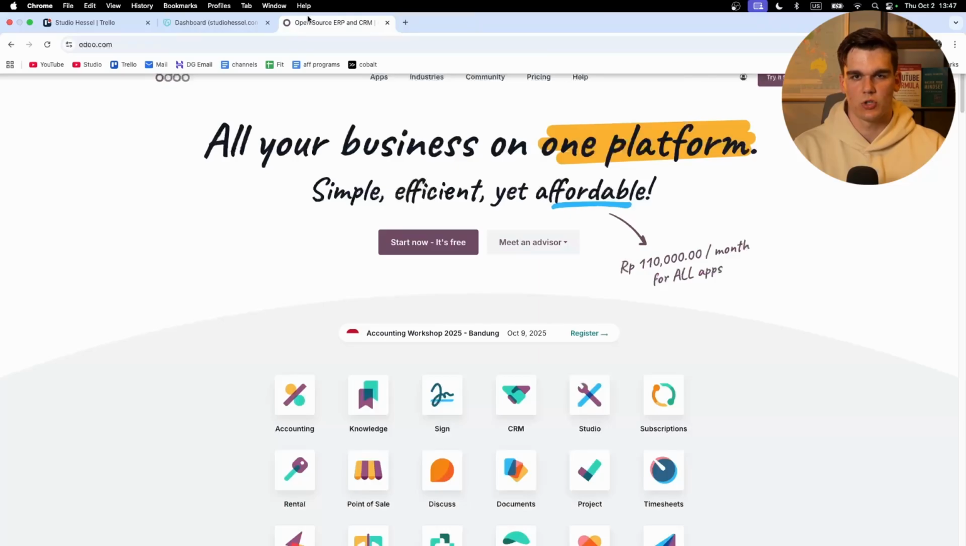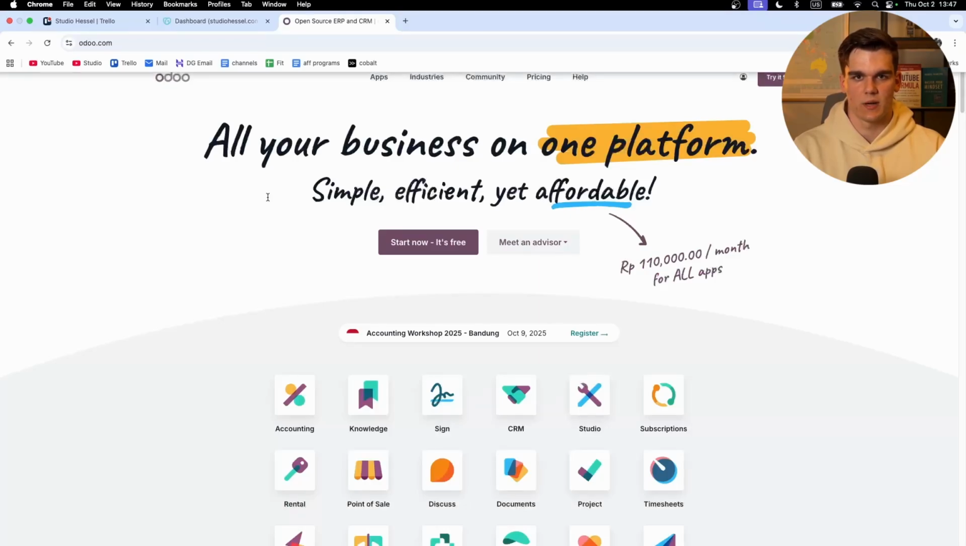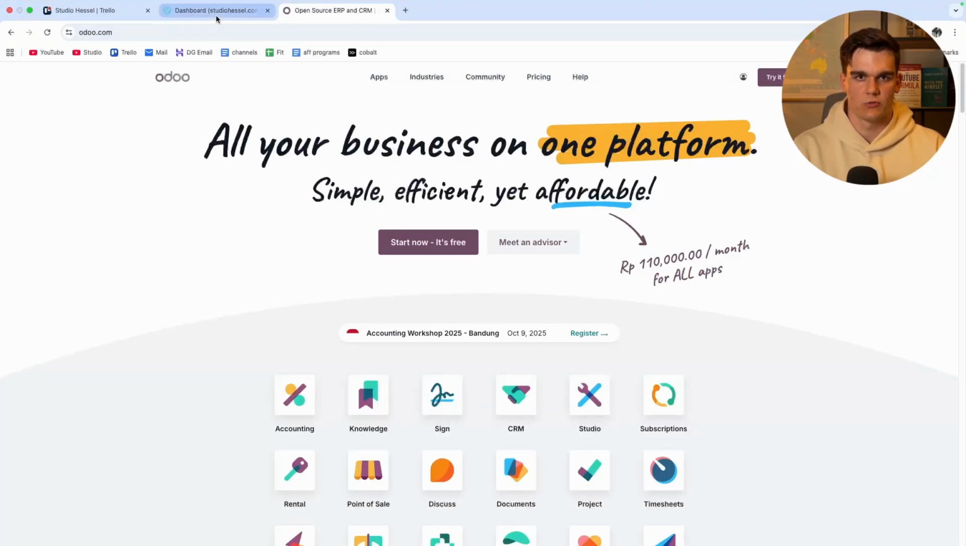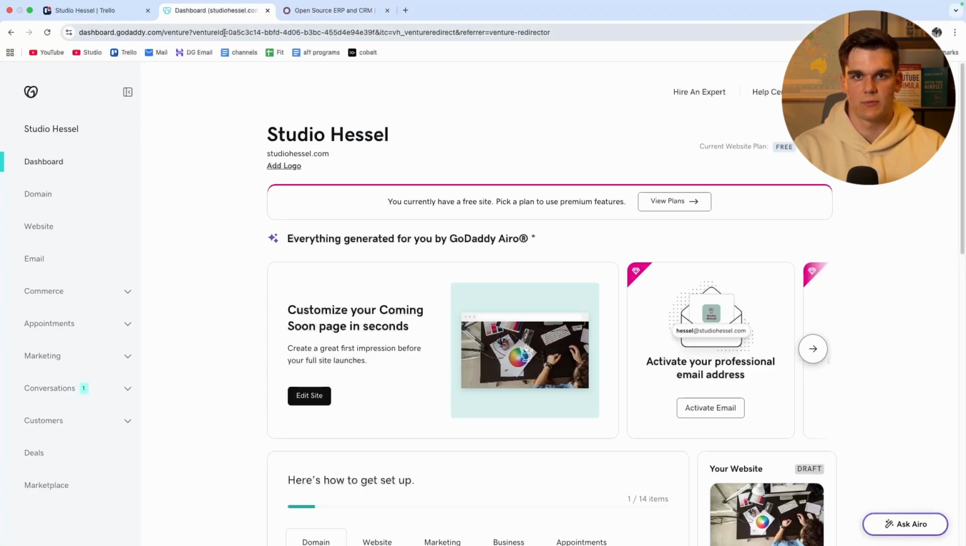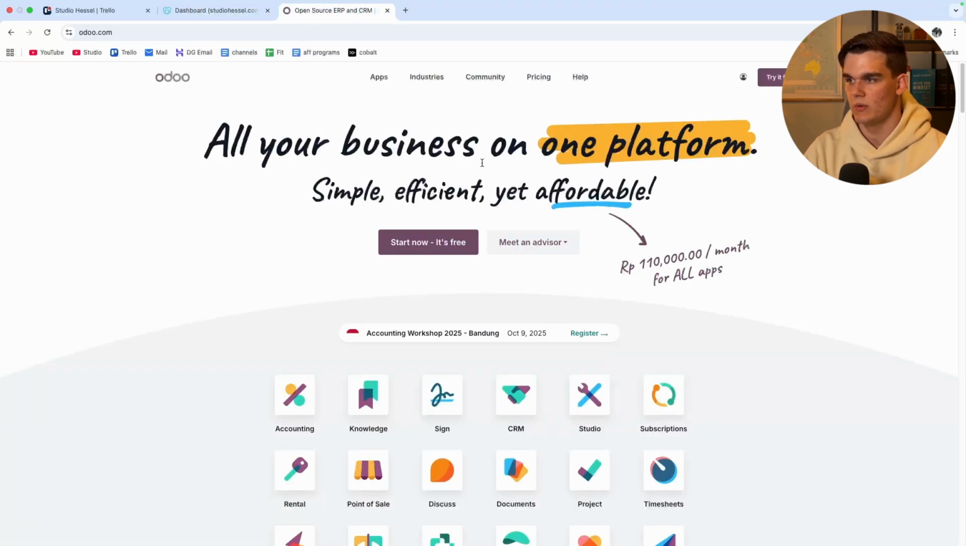In this video, I'm going to show you exactly how you can add a custom domain name to Odoo. So I'm going to do this with GoDaddy, but it's going to be pretty much the same if you use Namecheap, Hostinger, or any other domain provider. So the first thing you want to do is go to Odoo, and then you want to go to